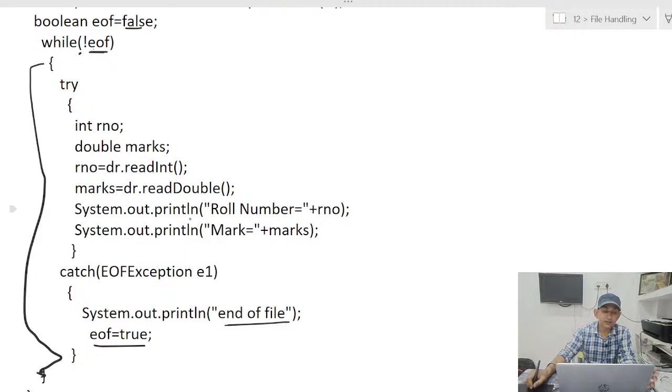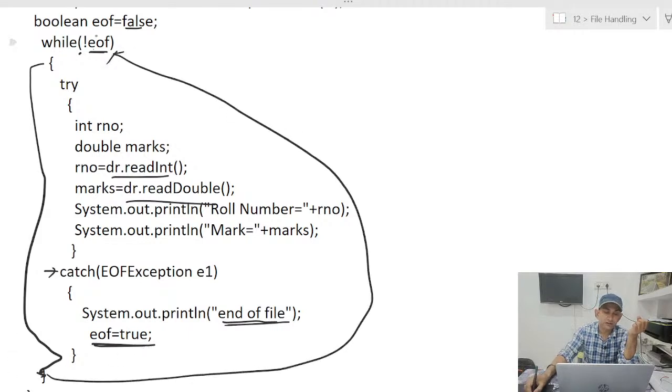जब फाइल का पूरा डेटा रीड हो जाएगा, तो फिर से अगर हम उसको रीड करने की कोशिश करेंगे तो क्या होगा? ये फंक्शन एंड ऑफ फाइल एक्सेप्शन रिटर्न करते हैं, मतलब तुरंत रन टाइम एरर आ जाएगा। फाइल में डेटा है नहीं, हम डेटा रीड करने की कोशिश कर रहे हैं, तो एंड ऑफ फाइल रन टाइम एरर आ जाएगा। तुरंत कंट्रोल ट्राई ब्लॉक से कैच ब्लॉक में चला जाएगा और यहाँ पे मैसेज प्रिंट हो जाएगा। और EOF की वैल्यू ट्रू हो जाएगी। फिर जब कंट्रोल वापस जाएगा तो EOF ट्रू हो चुकी है, तो नॉट ट्रू उसको फॉल्स कर देगा।